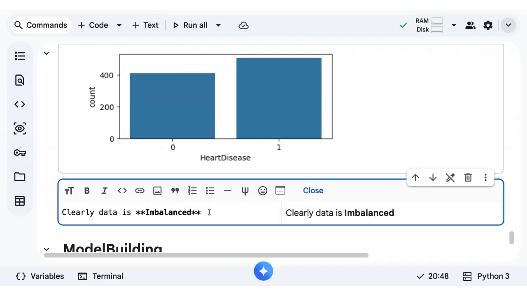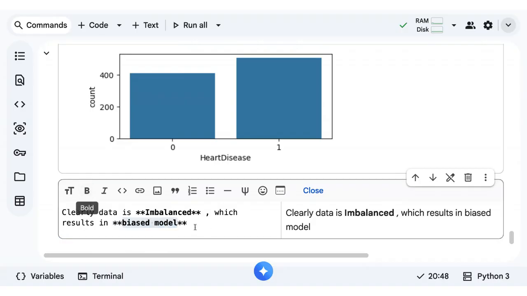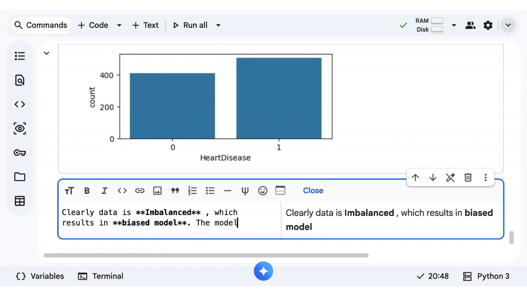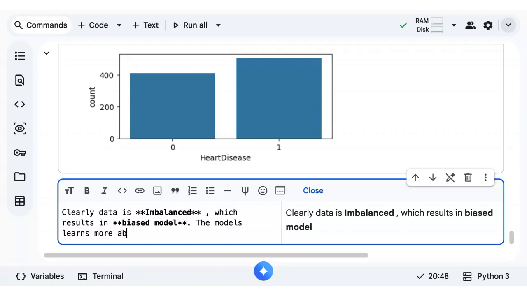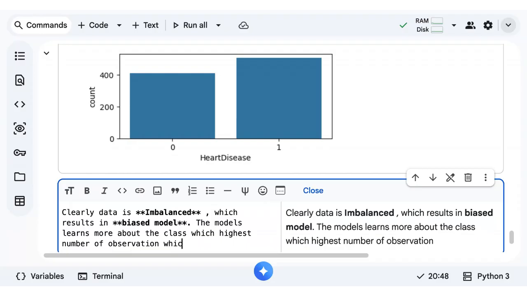Clearly data is imbalanced, which results in a biased model, in the sense the model will be more inclined towards the class which has the highest number of observations.